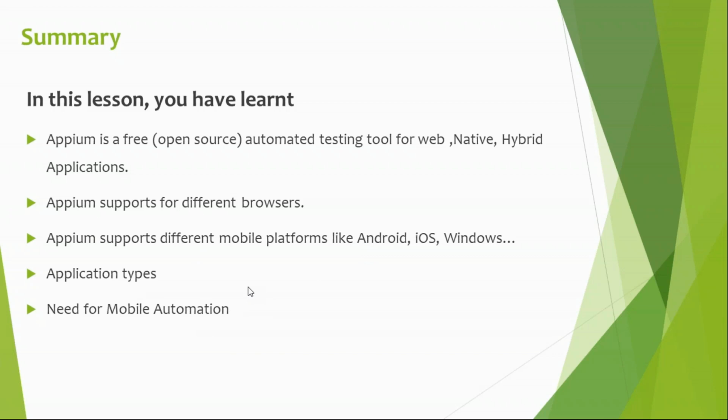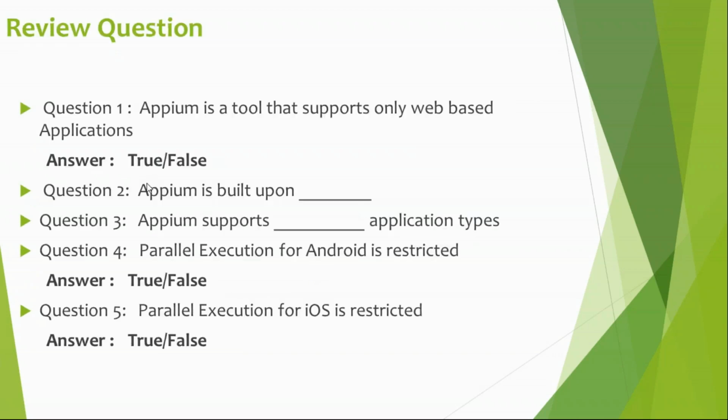And what is the need for mobile application testing? Basically, you need to do user interface testing and functional testing, and we have seen some of the complexities of what you need to consider when you are doing mobile automation testing, like different mobile devices, operating systems, screen sizes. Are you clear with these basic fundamentals of mobile testing and the simple intro for APM? Let's have some quick review questions.